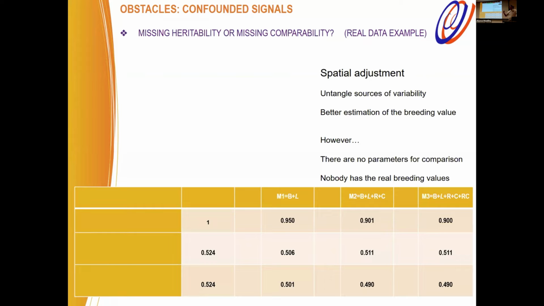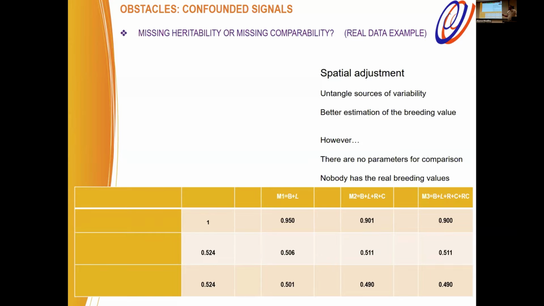We have models that include block effects, row column interaction, etc. So the idea is that the more information you put in the model, the more the performance is going to decrease. In the second case, we contrast with estimated values. In this case, in model 1, we have the estimated value when we use the line effect only, and when we compare with the phenotype, it is 0.95.